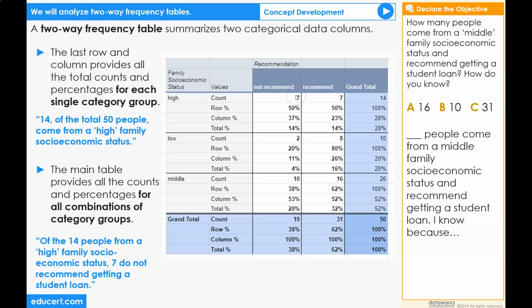Let's check for understanding. How many people come from a middle family socioeconomic status and recommend getting a student loan? How do you know? A, 16, B, 10, C, 31. Blank people come from a middle family socioeconomic status and recommend getting a student loan. I know because